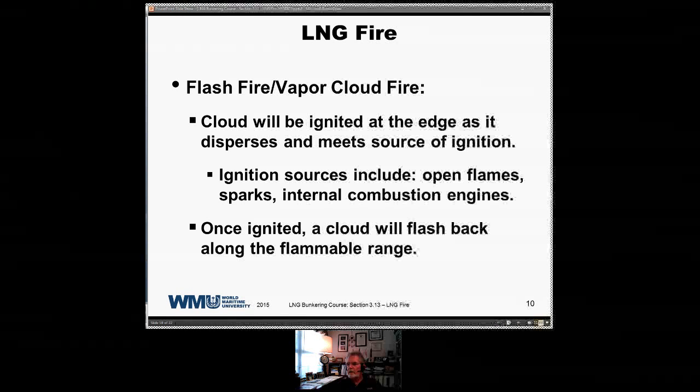So internal combustion engines are definitely a source of combustion that have to be taken into account. And when we have a LNG bunkering operation, now say we're in a terminal that's basically a container port where the routine is to have vehicles passing by all the time, and nobody much gives it a second thought. When we're having an LNG bunkering transfer operation, the possibility always exists, leak, vapor. So it's critical that we